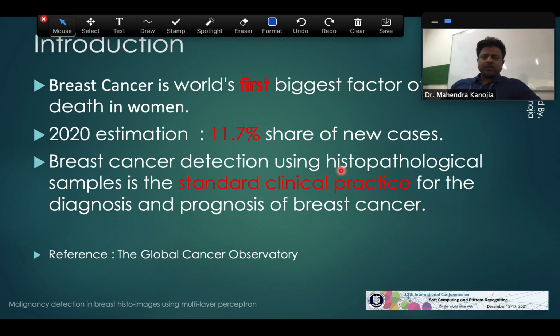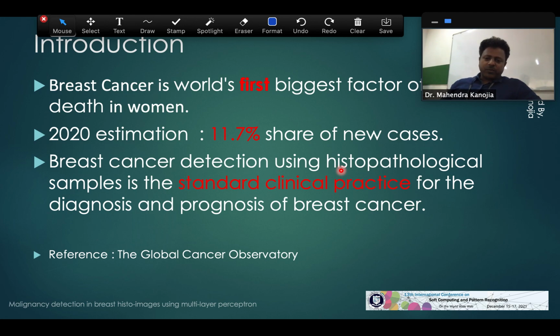After biopsies, the histopathological analysis is done, and the histopathologist is the one who identifies whether the given sample is malignant or benign. This process is time consuming, and the result completely depends on the histopathologist, the expert,